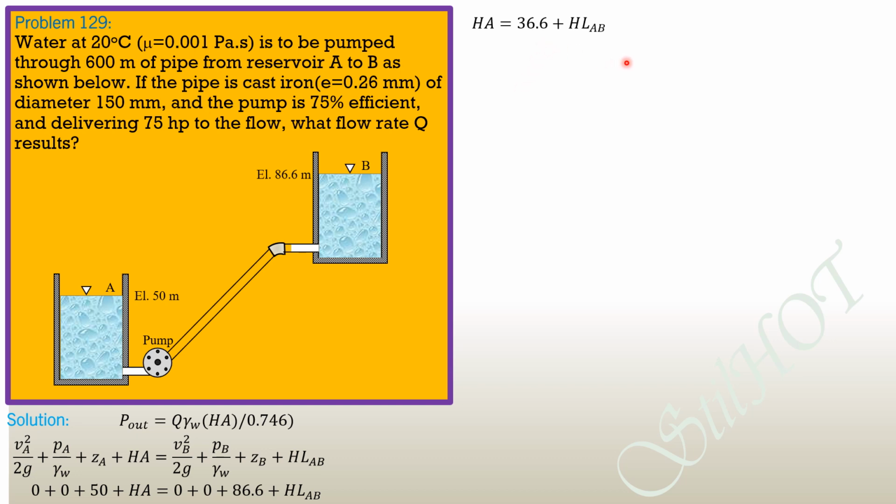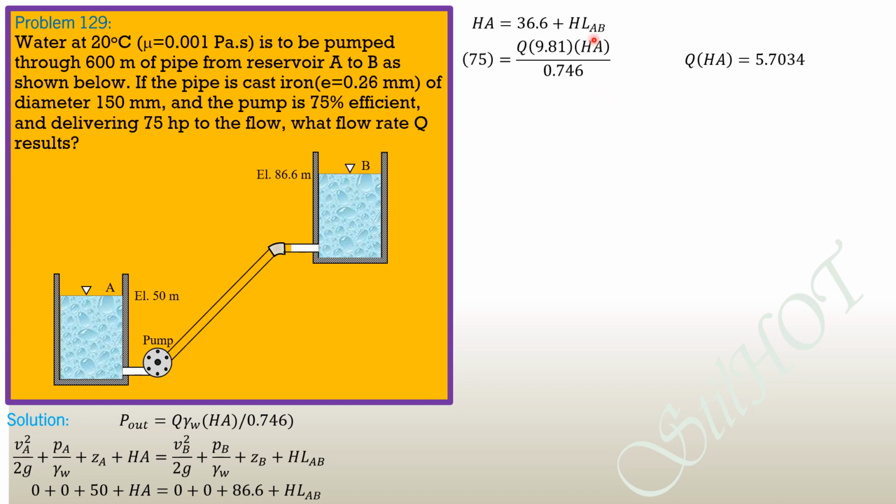The head loss from A to B is equal to 0.0826 friction factor, length, discharge square over diameter to the fifth. So power output 75 is weight discharge times specific weight of water, which is 9.81 if not specified in the problem, then head added divided by 0.746 in this equation. Then we can set up Q times head added, which is equal to